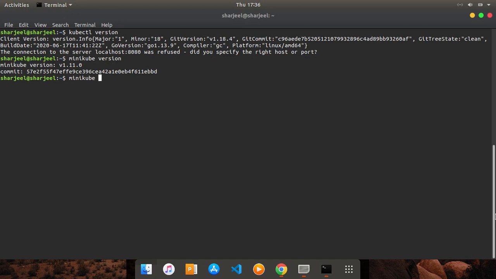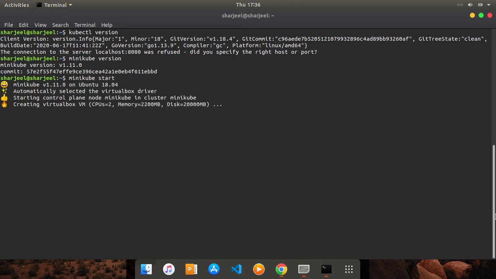minikube start. I press enter, and it will configure all the stuff for my virtual environment, for my Kubernetes environment. Now this is showing the Minikube version, Ubuntu version, automatically selected VirtualBox driver. It will take some time.